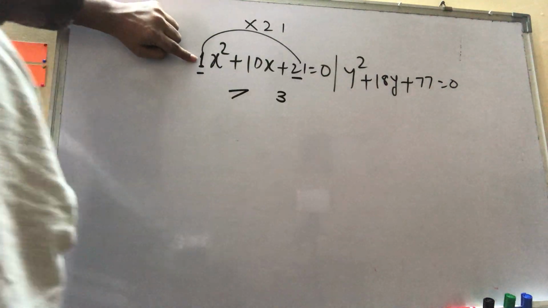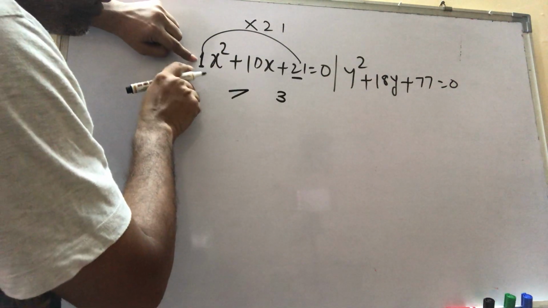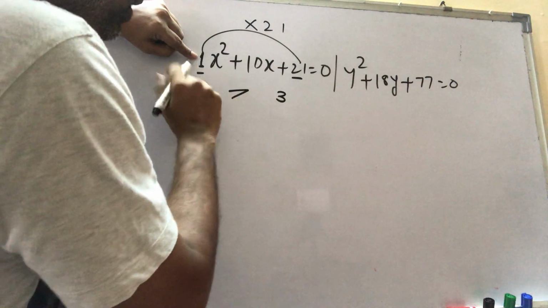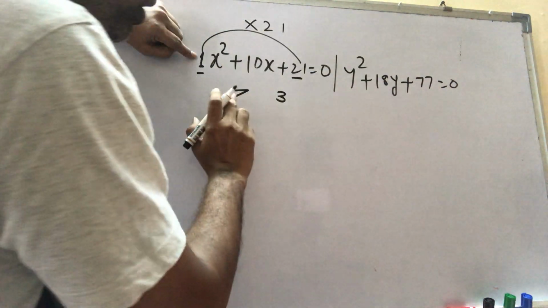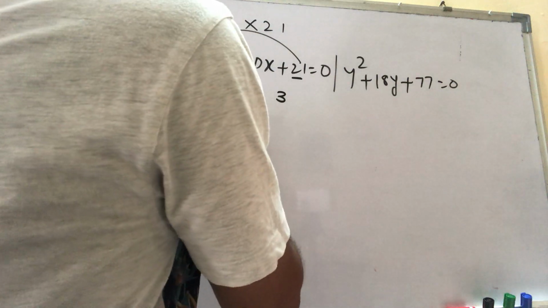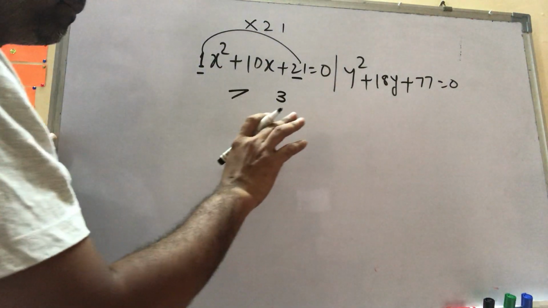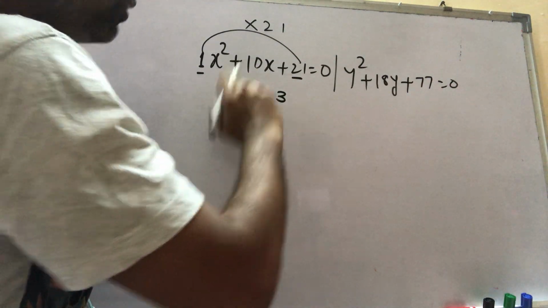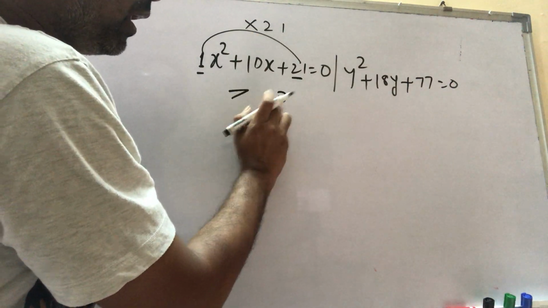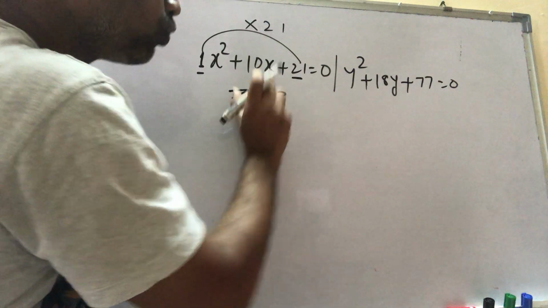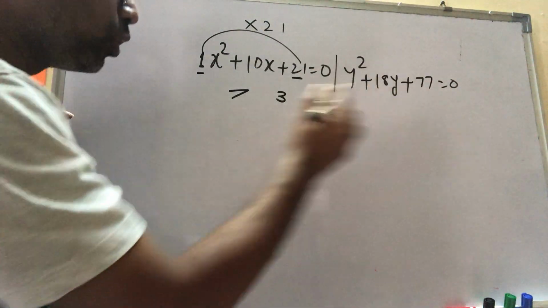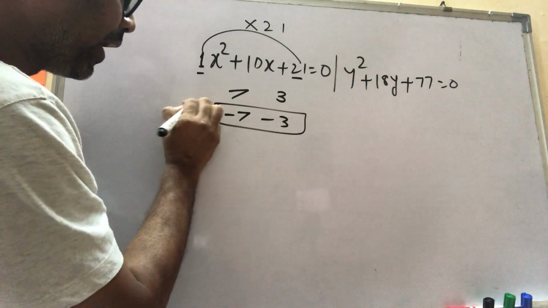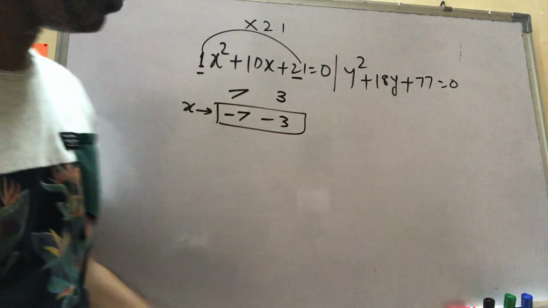Now look at here, the equation starting number is 1. So if any number other than 1 is there, then you have to divide these factors by that number. If 1 is there, no need to divide. So when you take on that side, here we have 7 and 3 is equal to 0. So when you take those numbers on that side, they will become what? Minus. So this will be minus 7 and minus 3. These are your factors of x. Remember this. So these are the coefficient of x.